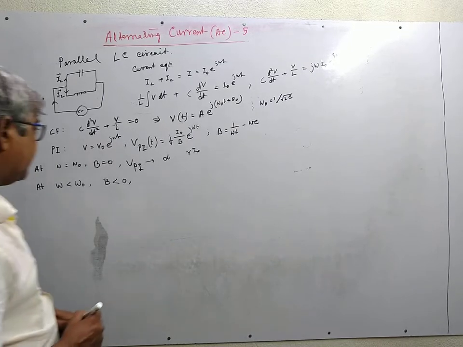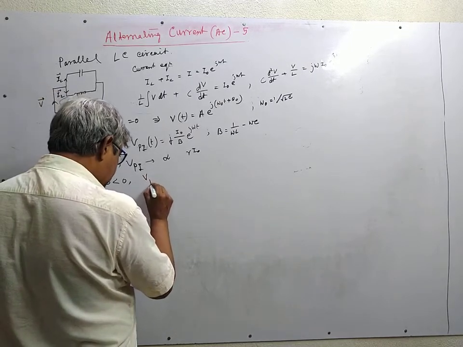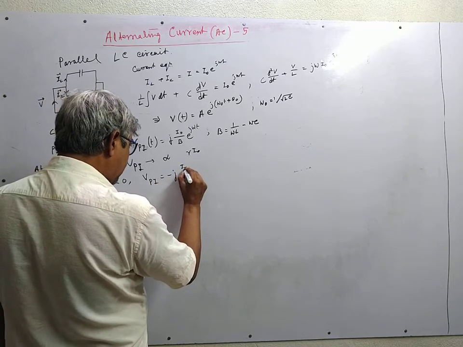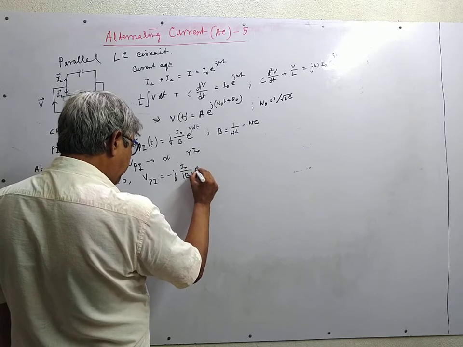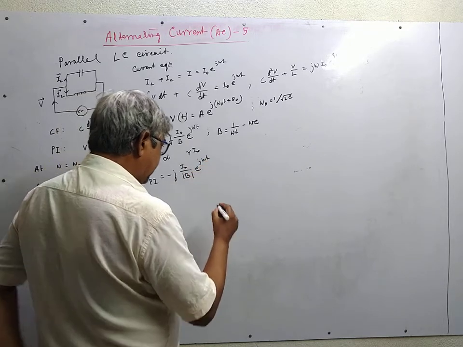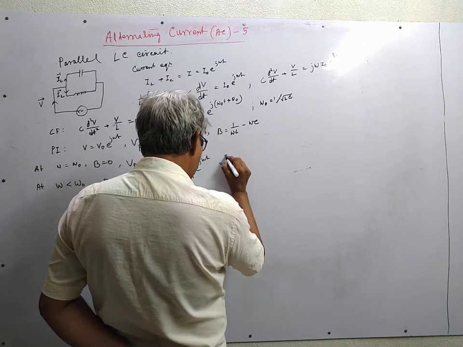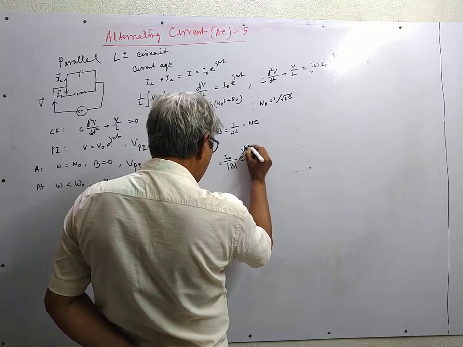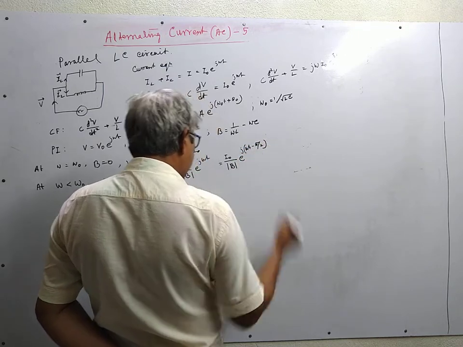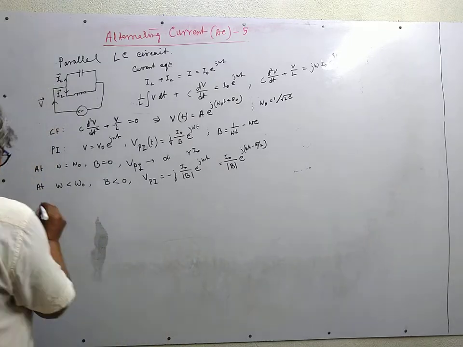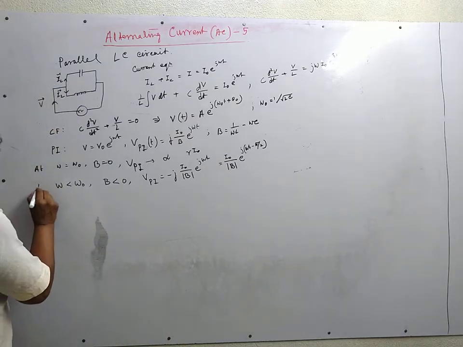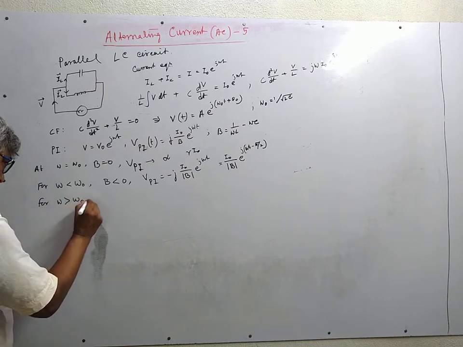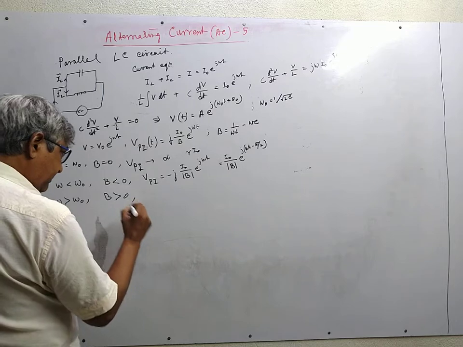And we can write V particular integral as minus j I0 mod B e to the power j omega t, that is equal to I0 mod B at pi by 2. And sorry, it is not at 4. B is positive, and